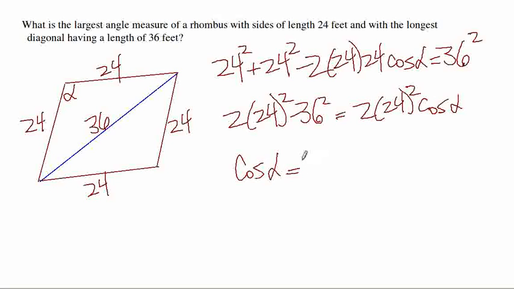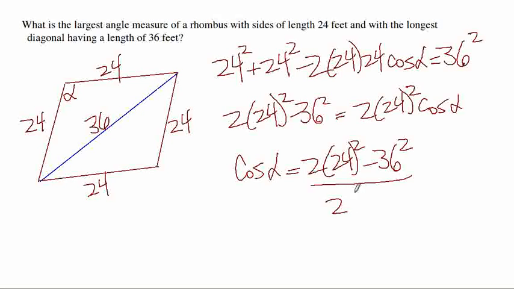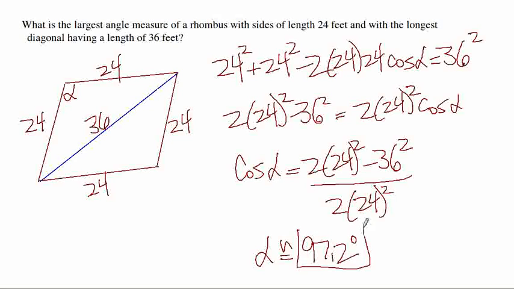So the cosine of alpha is equal to 2 times 24 squared minus 36 squared, all divided by 2 times 24 squared. And we can take the arc cosine of both sides with a calculator, and that'll give us that alpha is approximately 97.2 degrees. And I hope